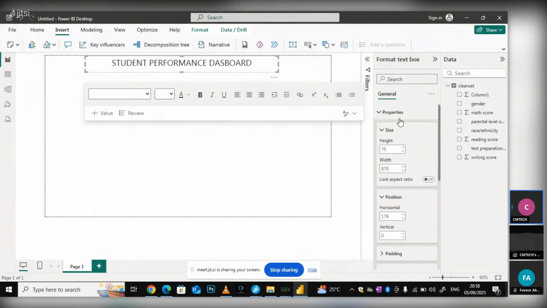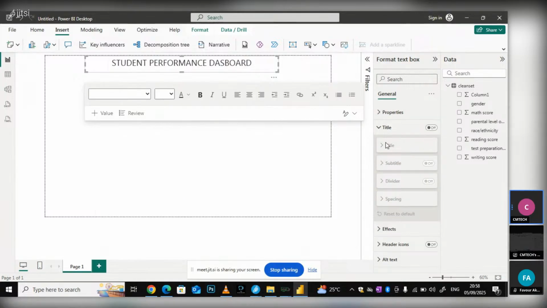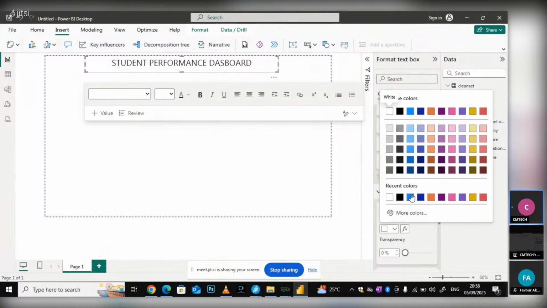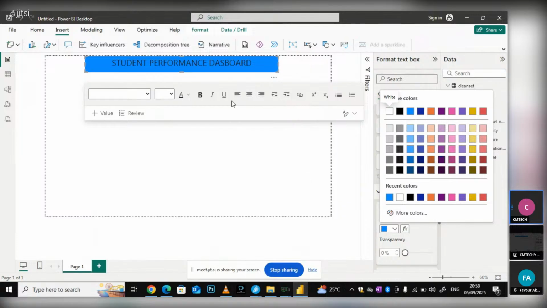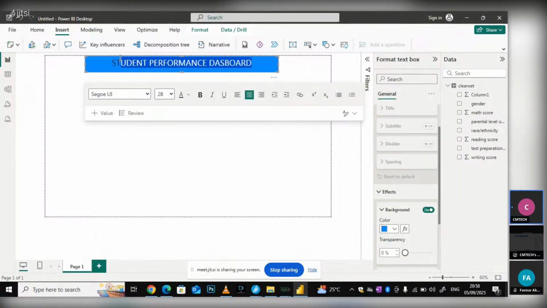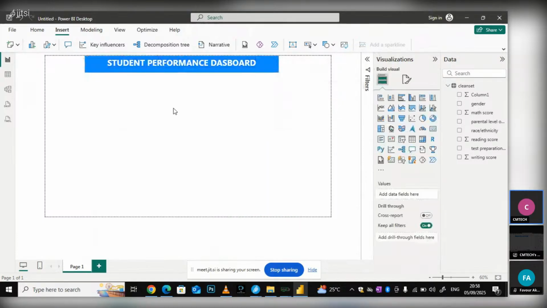You can use this to perform some functionalities. For the background, you can give it a background color of blue. Then we can highlight our text, bold it, and give it a color. So let's give it white. Now this is our performance dashboard. So now let's select the count, the count of what